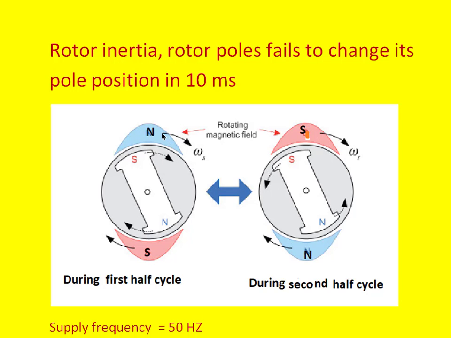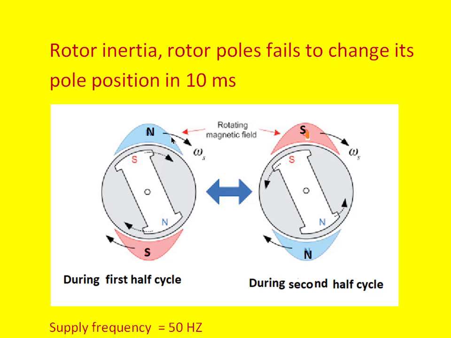Because the stator magnetic field is rotating in the clockwise direction, the rotor also tries to move in the direction of the stator magnetic field, that is, the clockwise direction. And if you look at this, the rotor pole here is the north pole and this is the stator south pole, and they also attract each other. Because the stator south pole is rotating at constant speed, that is synchronous speed, the rotor also tries to move with the south pole of the stator magnetic field like this.